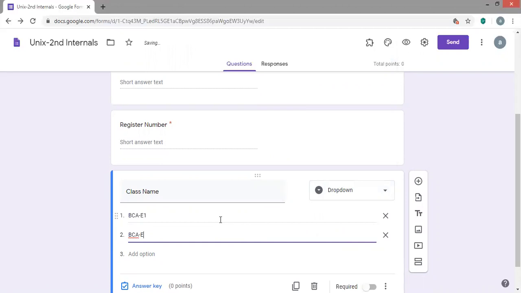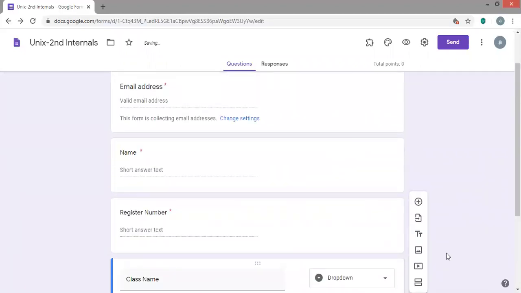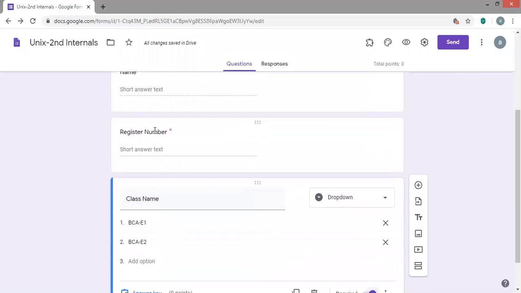If there is only one section, it is not required to have a drop down. You can just make use of the short answer so that the student can type their class name. Again, make these mandatory. It is important to have the email address, name, register number and class name as mandatory.